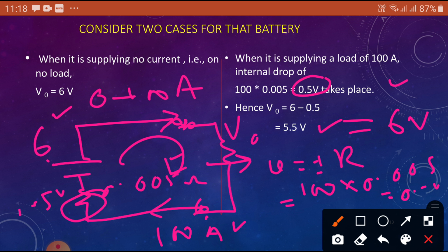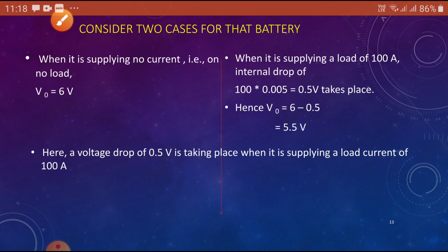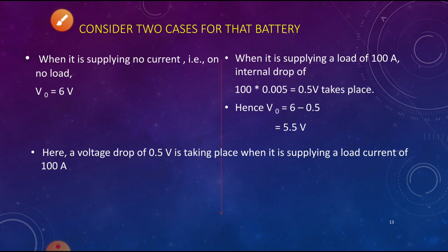if you draw the diagram, we are going to get it. So it's small, what is the value? It's 6 volts, but we are going to the small drop, drooping characteristics, 0.5 volts. Almost equal to the ideal source. Okay, now here the voltage drop of 0.5 volts is taking place when it is supplying a load current of